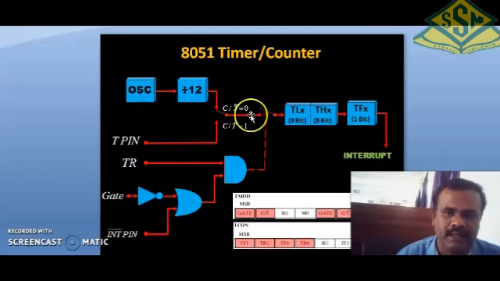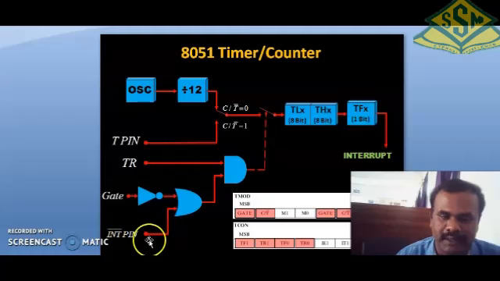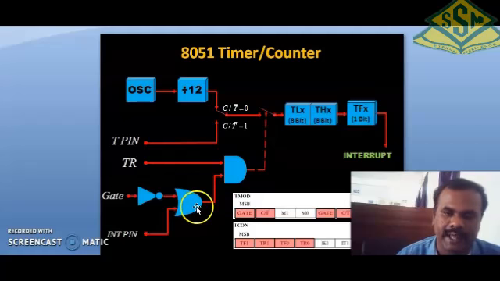At the same time, the timer or counter is selected, but the timer or counter is not started. Initially, we apply one AND gate, one OR gate, and the interrupt pin, using external interrupt pins. The interrupt is connected to the OR gate. For an OR gate, if any one input is high, the output is also high.